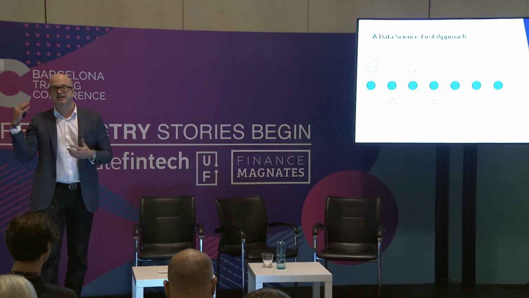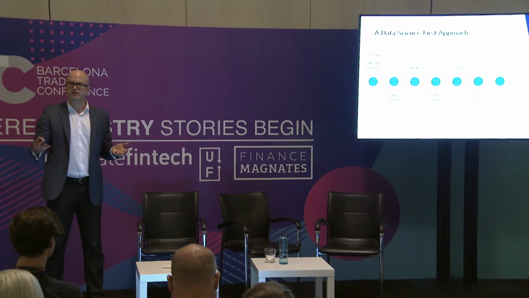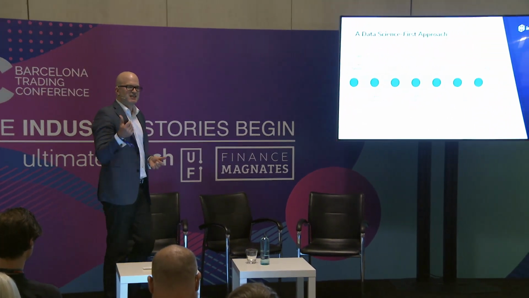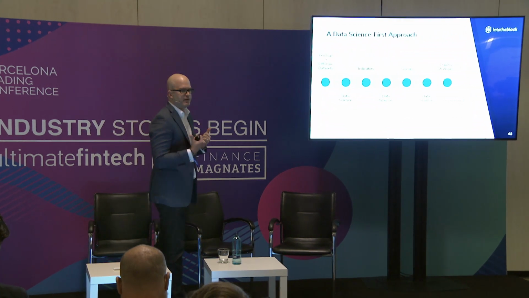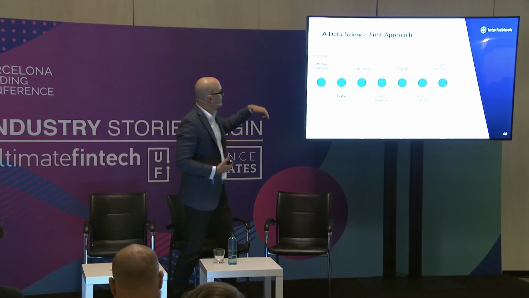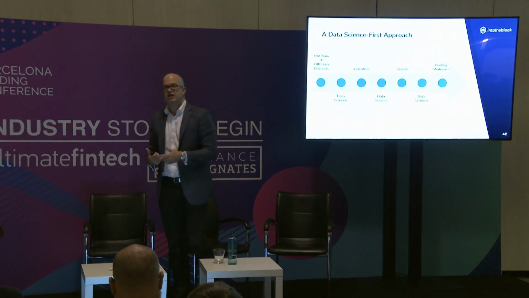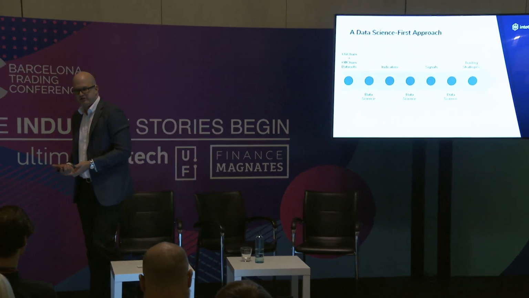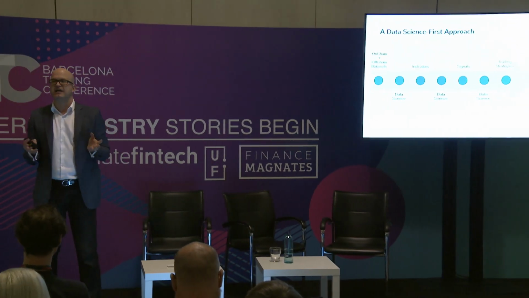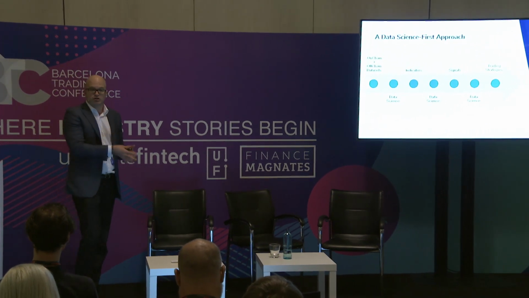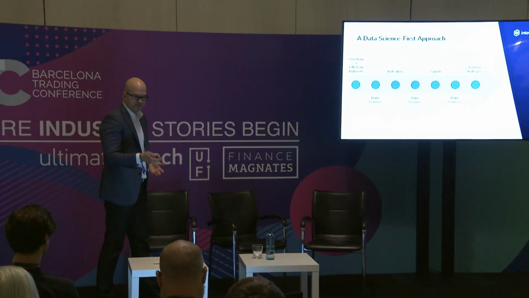If we apply data science to those indicators, then we have signals. We can start saying, hey, this is a bearish signal, this is a bullish signal. And if we apply data science to those signals, you can start playing with trading strategies. This is how this cycle should work, by looking at on-chain data as a first-class citizen.